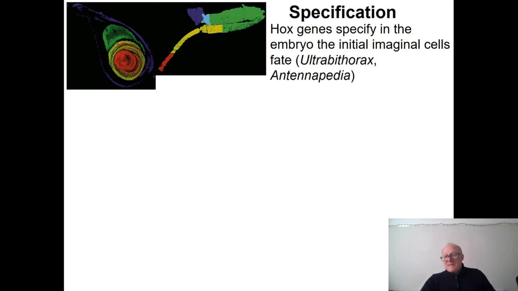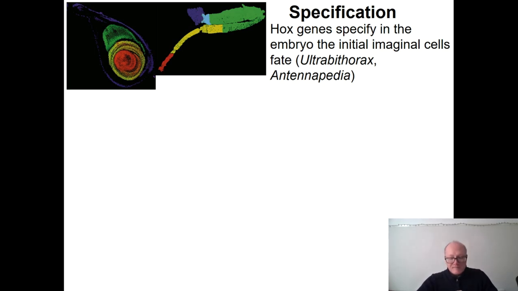But what genes are expressed in different parts of the imaginal disc that are associated with developing the different parts of the organ? And again, here we are using the example of the imaginal disc for the leg. First of all, the specific genes that are expressed in different parts of the imaginal disc are controlled by the Hox genes. Hox genes control the expression in the imaginal disc cells. For example, Ultrabithorax and Antennapedia are active in the imaginal disc